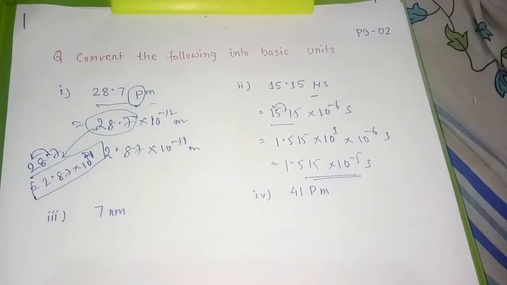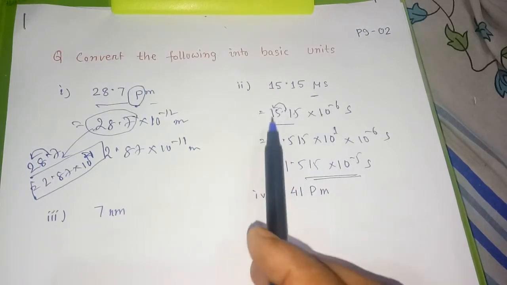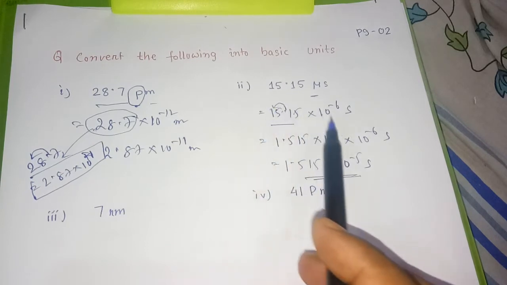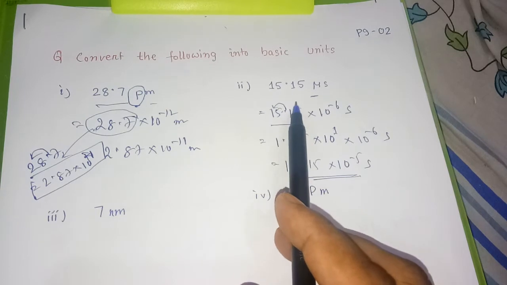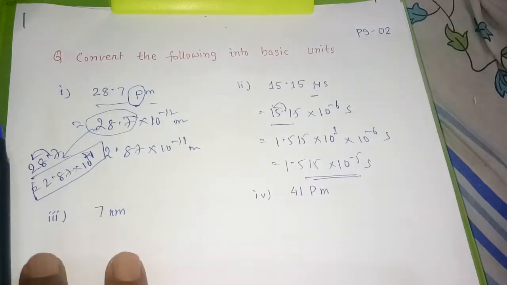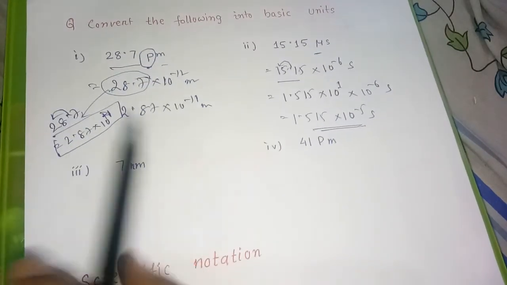So one point what you remember about decimal and point, if decimal move towards left, how many places it is moved towards left? 1 place. We have to write 10 to the power plus 1. If the decimal moves towards right, then this one you have to write 10 to the power minus 1 if it moves towards 1 place.